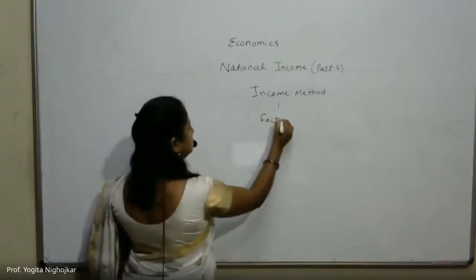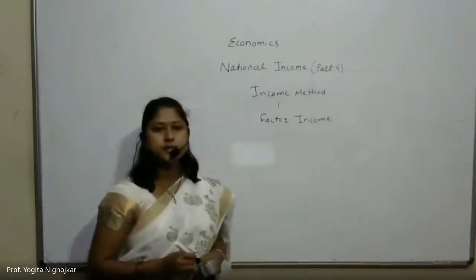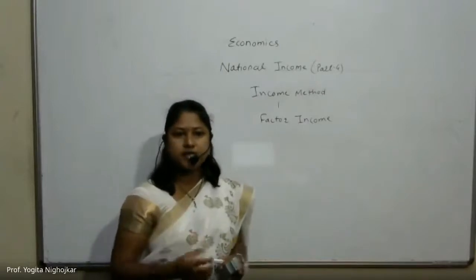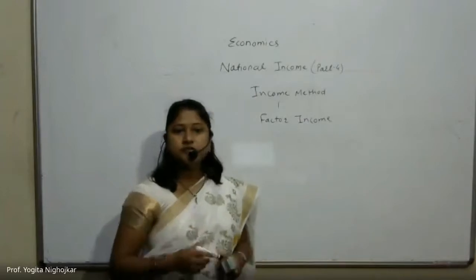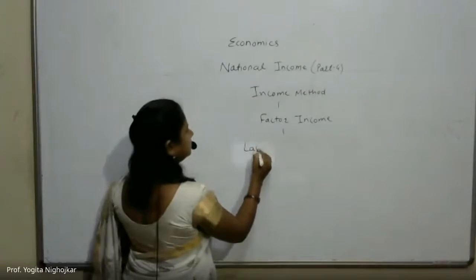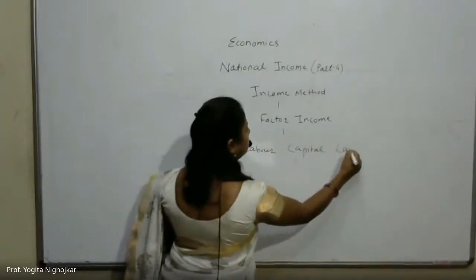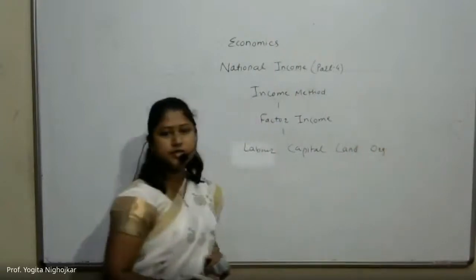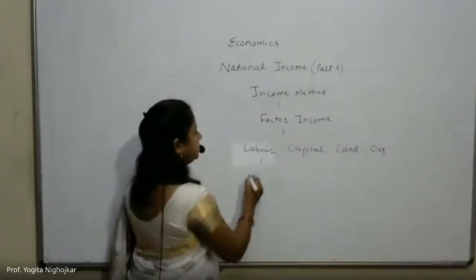Factor income. What is factor income? Factor income is received from the factors of production. As we know, there are generally four factors of production: labor, capital, land, and organization or entrepreneurship. Right? Labor gets wages